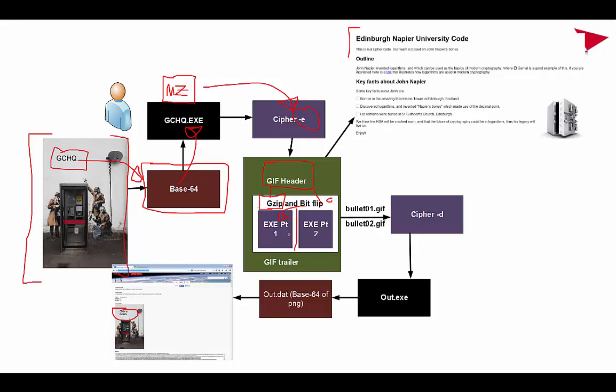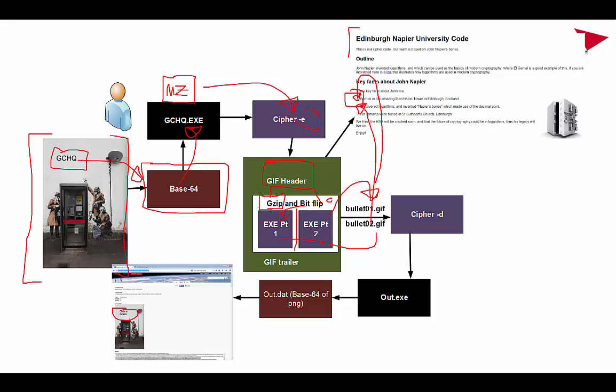That then produces two GIF files, bullet 1 and bullet 2. We then embed them into our graphic here, and we put the second one there. The first one is obviously the key one, because it will have the identification for the